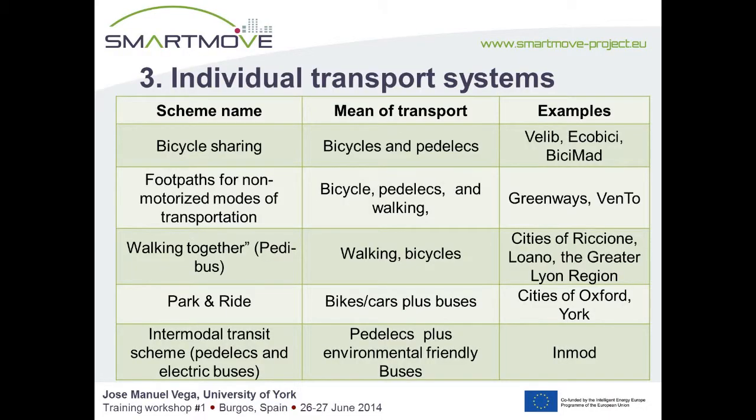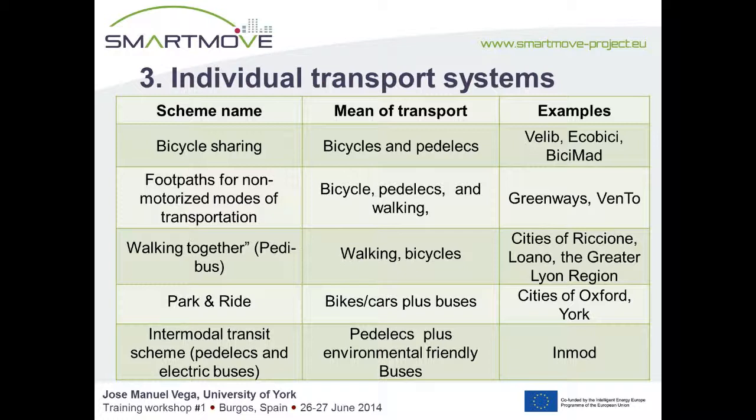Another example is walking together, the pedibus. It's especially for those cities that already have a cycling path, and it basically works for taking kids to school. It works like a bus scheme, so you have stops and schedules, but instead of taking a bus, some adults take the kids all together to school. Examples we have are Riccione and Loano in Italy,